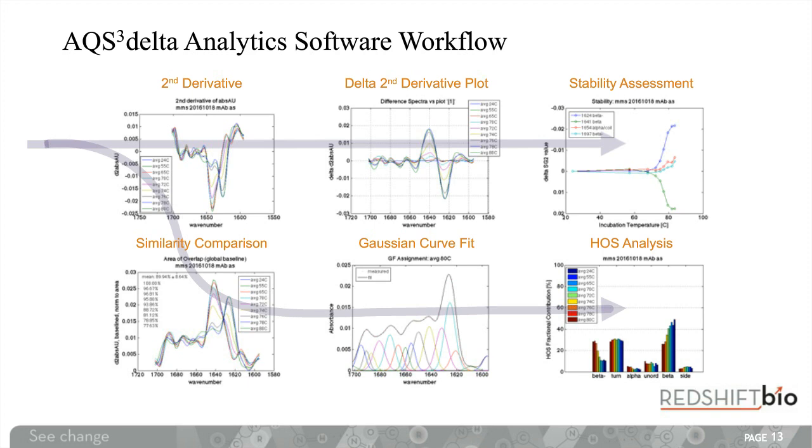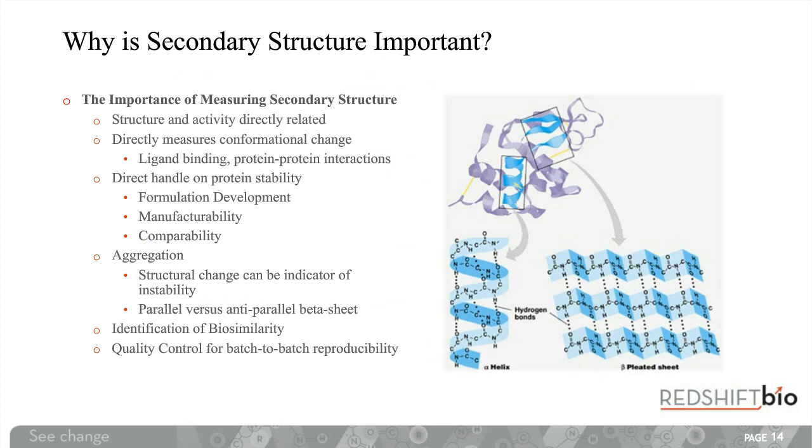And again, just to stress, particularly the stability plot in the top right and the similarity comparison in the bottom left are extremely useful outputs when you're looking at very large data sets, which are very easily generated on such an automated platform. And so MMS very quickly allows you to go from your sample in solution to some usable secondary structure information on your proteins, which have a number of different uses in terms of the protein workflow.